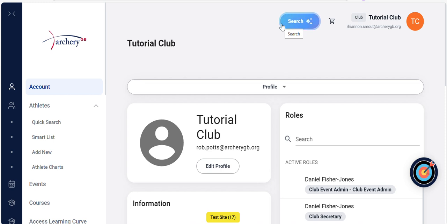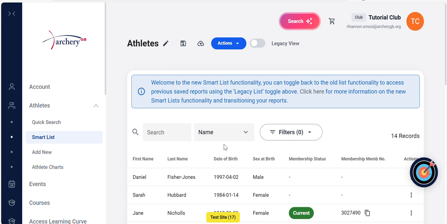membership@archerygb.org. But once we've told you that that person is now on your club smart list, we can start the process of adding a summer 2025 membership for them. So log into your account in the members portal as you normally would, and then switch into your club's account. And once you've done this, you're going to head over to athletes and smart list,